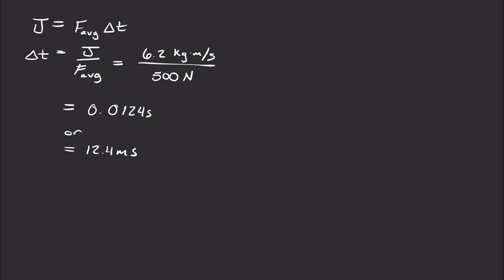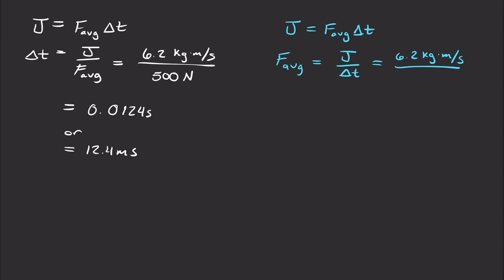And now if we want to see if chunk A feels the same force, well, we can do the same expression, J equals F average delta T, and we can kind of expect the answer. F average is just J over delta T, and we know they have the same impulse. We found that before. But also, however much contact A had with B, that's how long B had contact with A. They're only colliding when they're touching each other, so they share the same time interval for when this force is being applied. So if you do this, it's just kind of undoing what we did over here, and you get 500